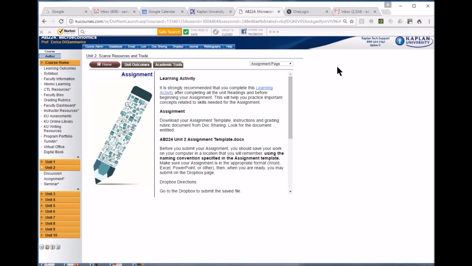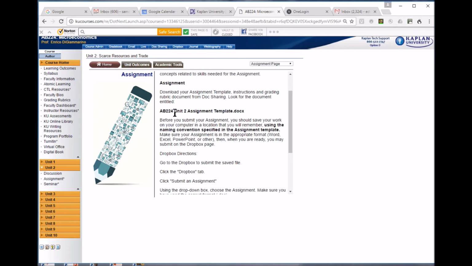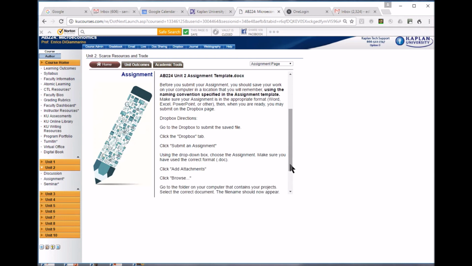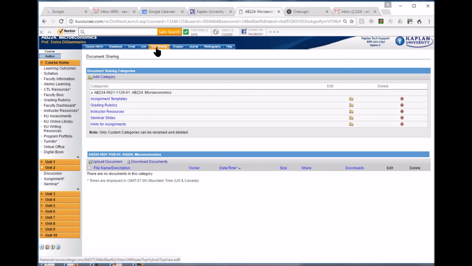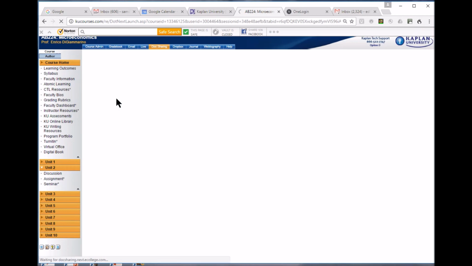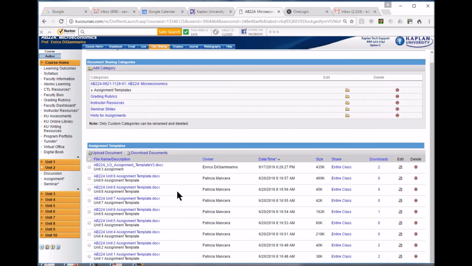Let's see if we can get out of this. And we're back here. Then the other part of this will tell you, go to the doc sharing, download the assignment template, and then it tells you how to upload it after you've inserted your answers. Now, the Unit 2 template is a writing assignment. Okay, so when we go to the template and we go down to Unit 2,